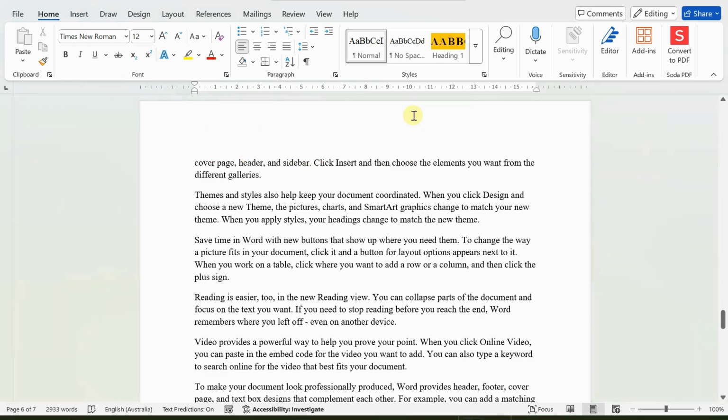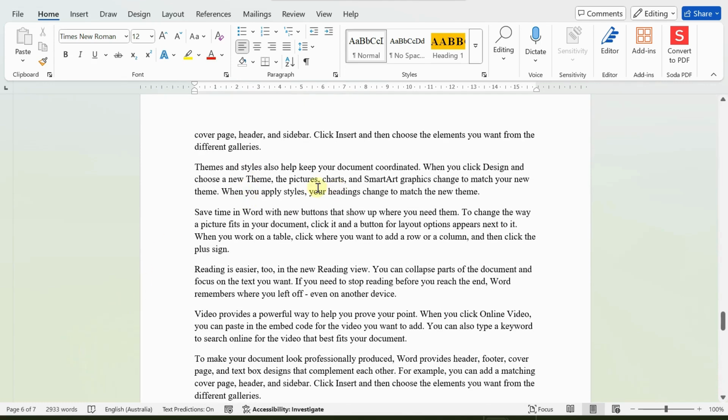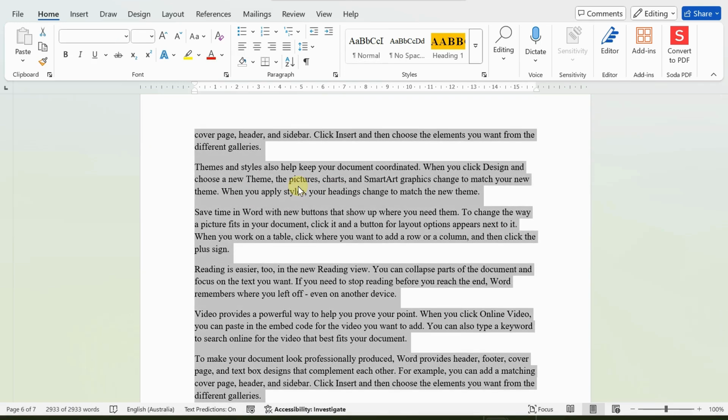So if I want to select all this text here, this is about 7 pages, but if I want to select all of them, I press Ctrl A, and then all my text is selected. And selecting all text is useful mainly for two reasons, and that is when I want to apply